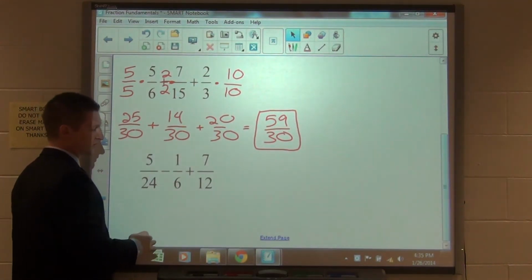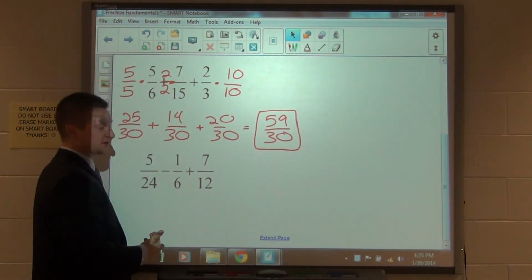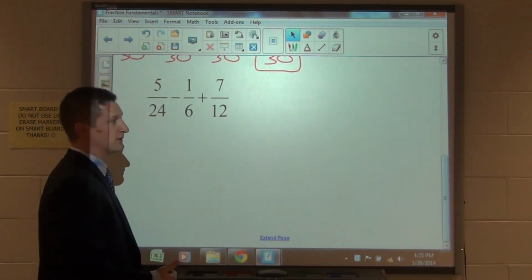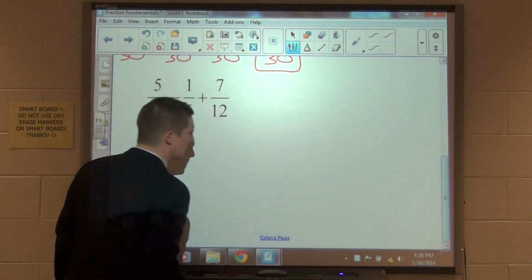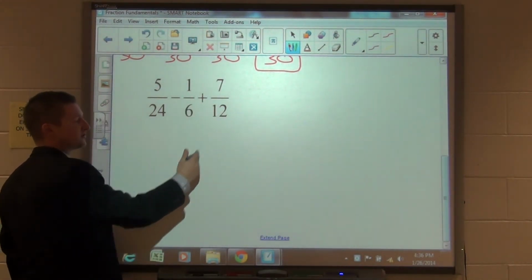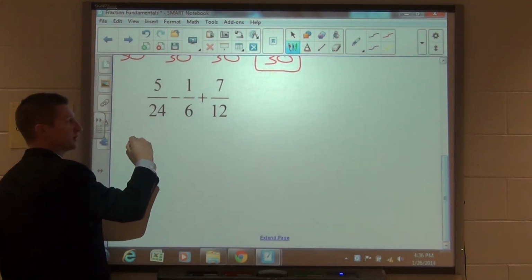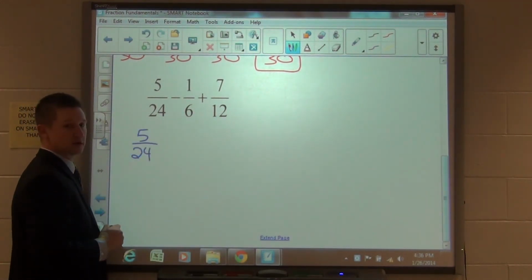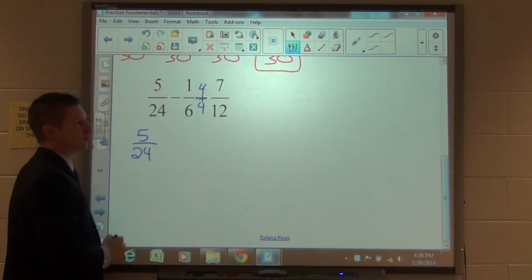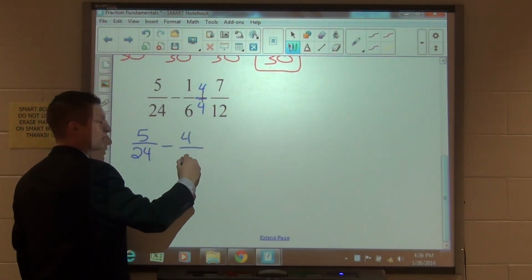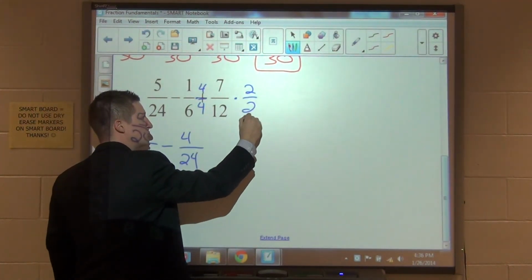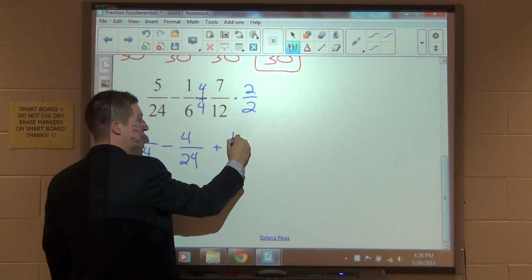Our final example. Here we add in subtraction and addition at the same time. Well, to begin this problem, we again need to find a least common multiple or least common denominator. In this case, we'll quickly say that 24 is our least common denominator between these 3. And so we need to change each fraction so it has a denominator of 24. Well, the first one is already a number of 24ths and is good to go. The second fraction, I need to multiply by 4 in order to turn it into a number of 24ths. That will leave me with 4 24ths as the second fraction. My third and final fraction, I need to multiply by 2 over 2 in order to turn it into 14